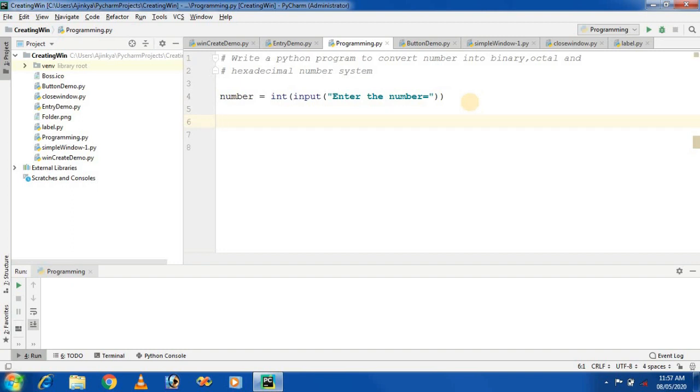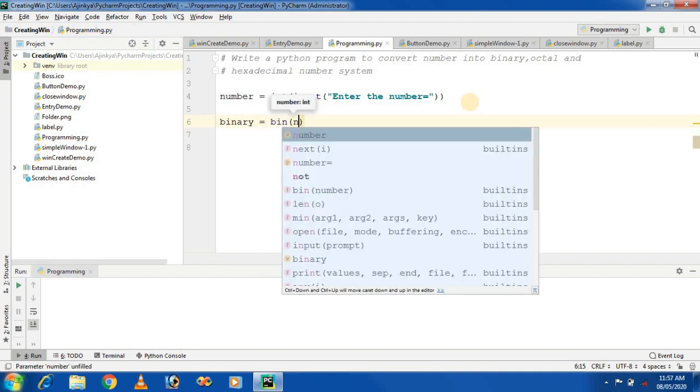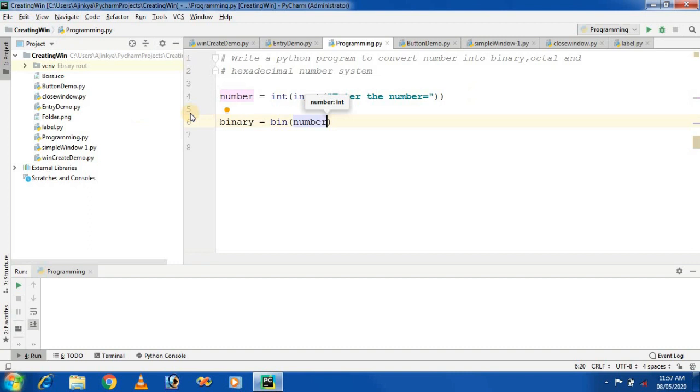So the user enters the number, and in the next step, first we convert it into binary. I am using a variable called binary, and there is a predefined function to convert a number into binary, that is the bin function, and the bin function takes a number, that is the user's number. So I am passing this number to the bin function. In the next step, the number can be converted into octal.